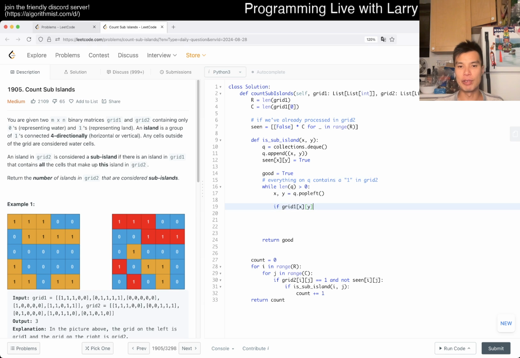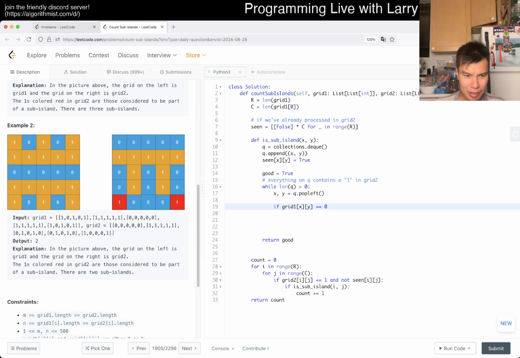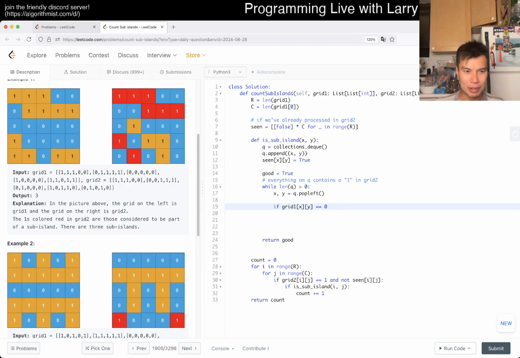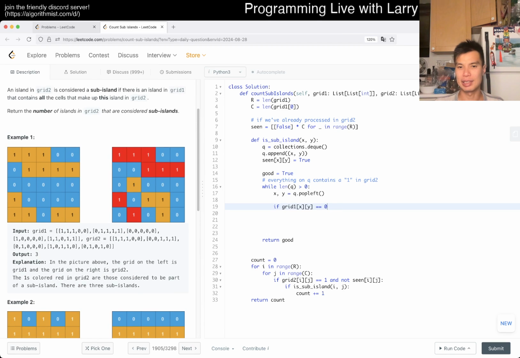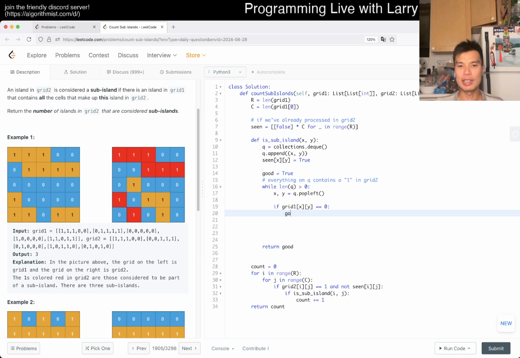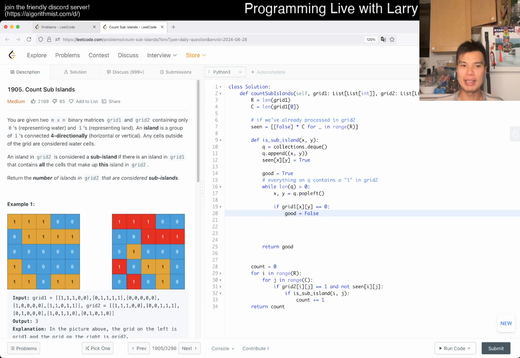And now if grid 1 is equal to 0, is it an integer one or a string one? Because I feel like I messed it up recently. Okay, fine. Then good is equal to false, because when we process this, grid 1 does not have it, right? So yeah. There is technically, if you go by the definition of this problem, another